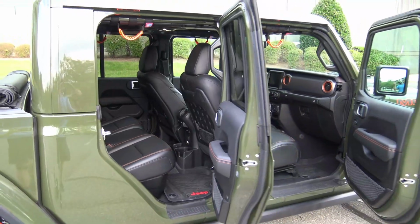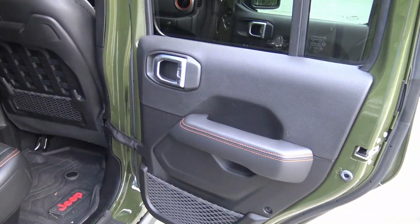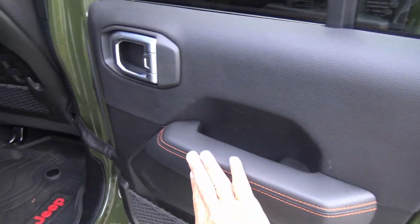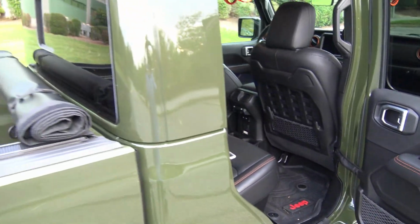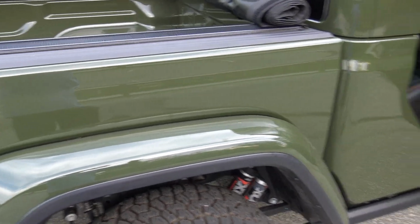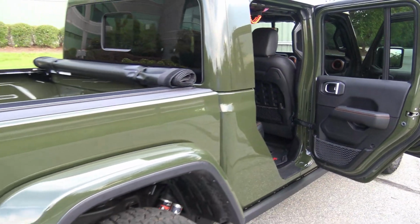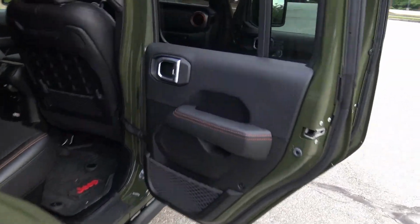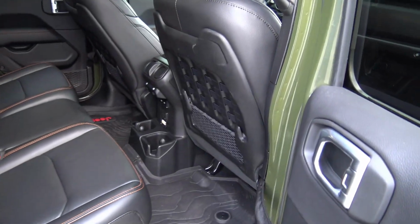Now, speaking of back seats, let's take a look at the back seat of this thing. The door has a little storage thing, orange stitching here. I like the whole orange and green motif. By the way, this color is called Sarge green. You can see why. It's super military, and I actually love the color of this thing. I really do like this color. It's pretty cool. So there's your door, got your tent on the back, and then right here in the seat back,